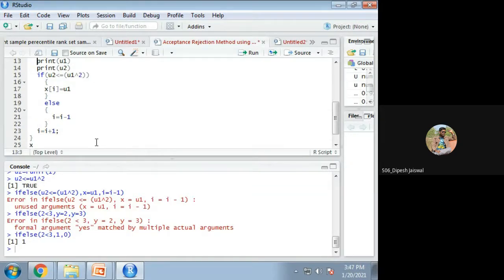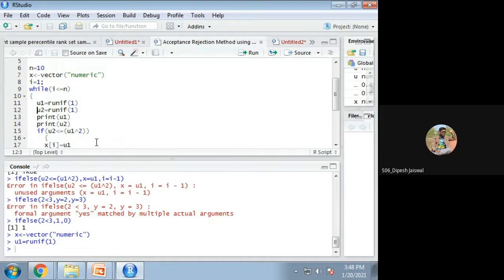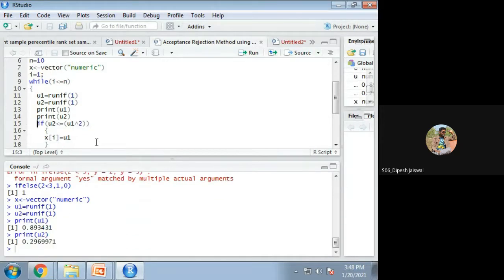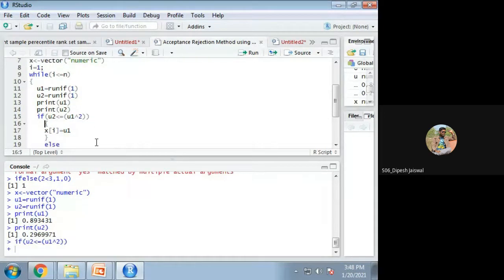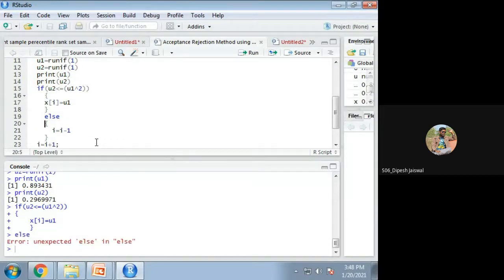Let us again verify. So x is numeric, u1, u2, okay. The else part is... why it is not working.